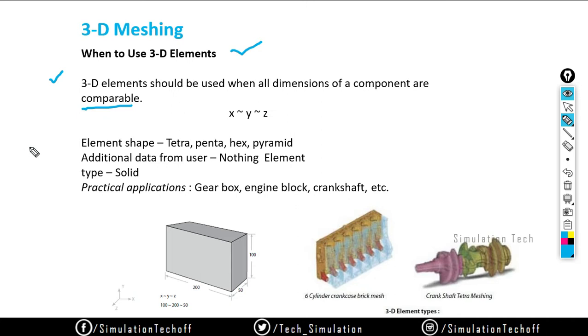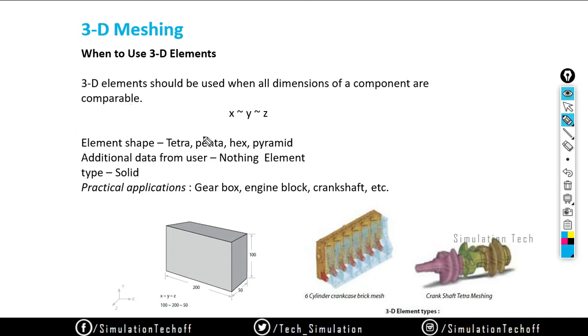Okay, what are the element shapes we can use over here? Primarily we use tetra elements. Around 70% of the analysis we only use tetra meshes because it is very easy to create. Okay, what does tetra mean? You have a triangular surface, and in the perpendicular direction you will have a node. When you connect these ends or points, this is called tetra. Literally it has 4 faces, so that is why it's tetra.